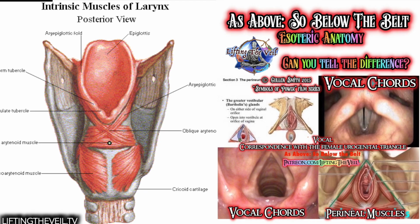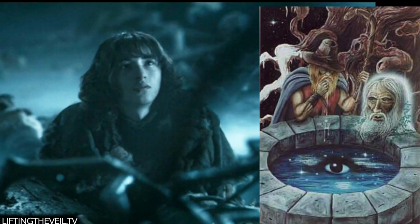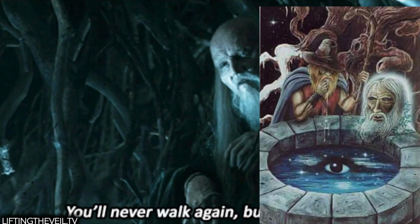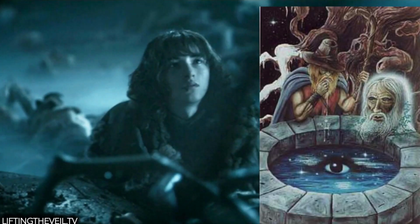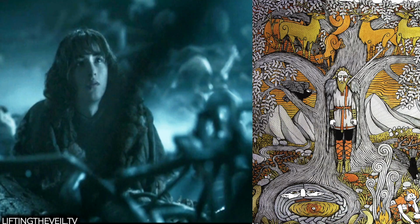Again, it represents the Trinity, the triune, tripartite aspect of creation in its final and culminating pinnacle in the apex of the third ventricle of the brain, where the pineal gland is located between the two hemispheres, between the two heads of the thalamus, of the diencephalon, between the two lobes, the two hemispheres of the brain, between the two pillars, if you will, of the tree of wisdom, where he is at the feet of the old crone, of the Allfather Odin or Saturn, who gives him the inward sight to become the three-eyed raven,